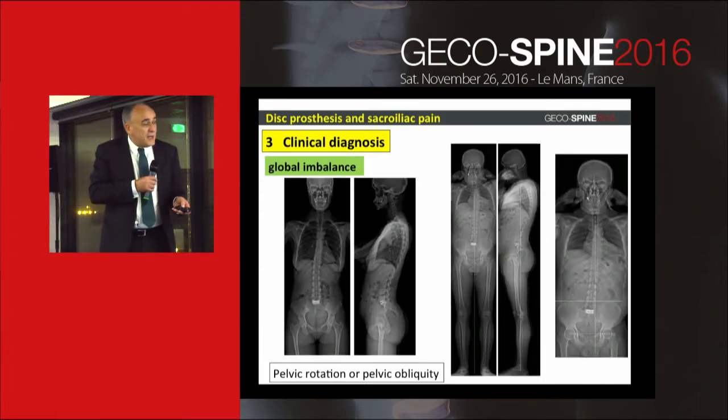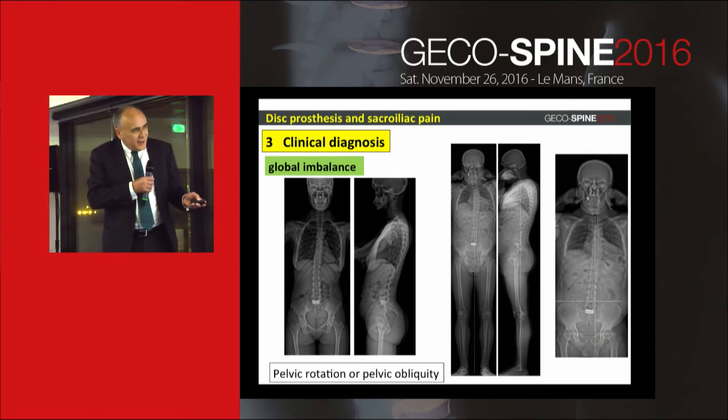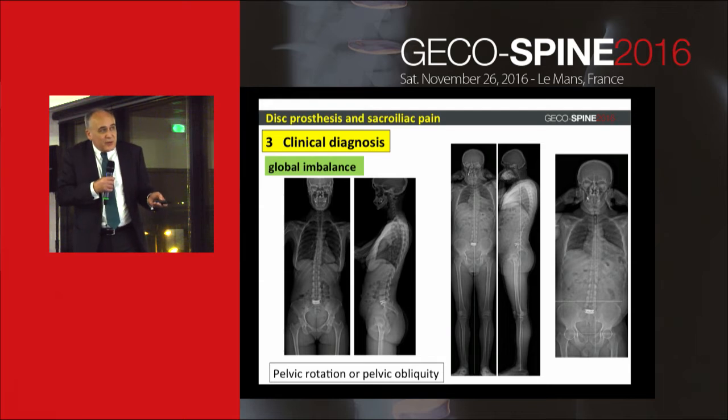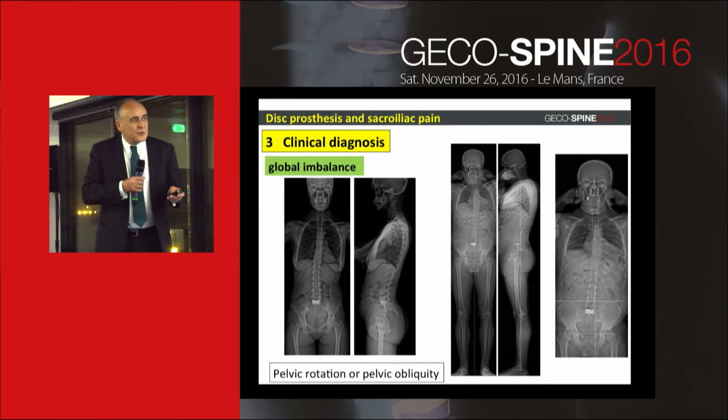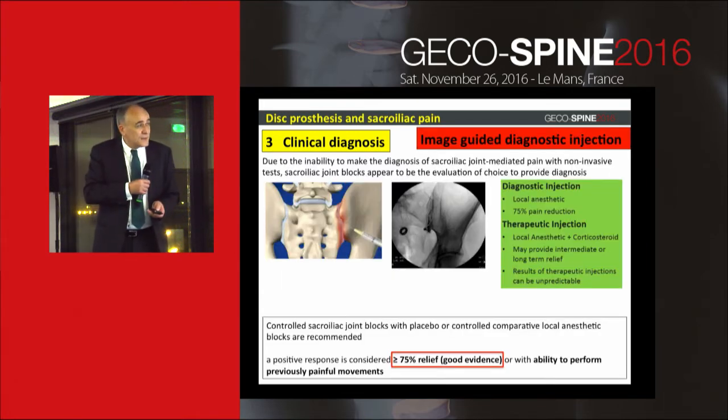So we look at the global imbalance, and as we use those monoblock prostheses, I have only the experience with the monoblock prosthesis in patients with slight rotation on the vertebra. Because we have pushed the indication in such patients. It works very well for the disc, but we had some imbalance problems to solve.